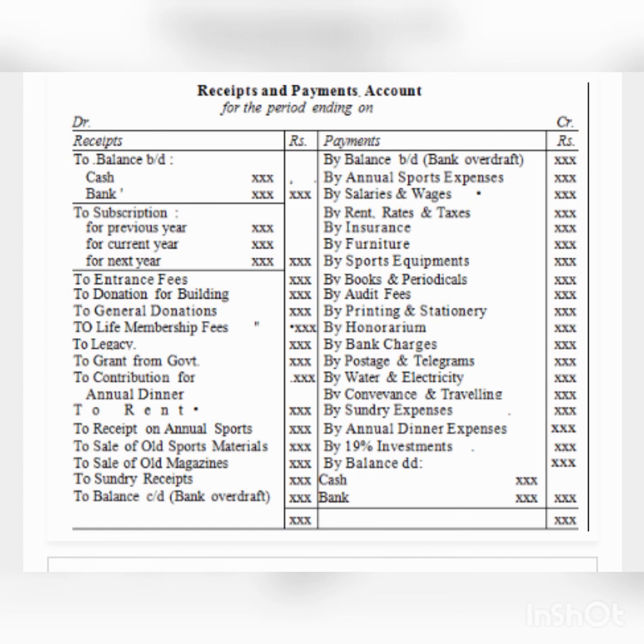Then capital receipts are those receipts which are not revenue receipts and are receipts for the purpose specified by the donor. Example, life membership fee, corpus donations, building fund, receipts from sale of assets, etc. Then revenue receipts. Revenue receipts are the receipts which are received as an income by the organization in carrying out its activities. Example, entrance fees, subscription for the year from members, general donations, rent received, sale of old newspaper, etc.